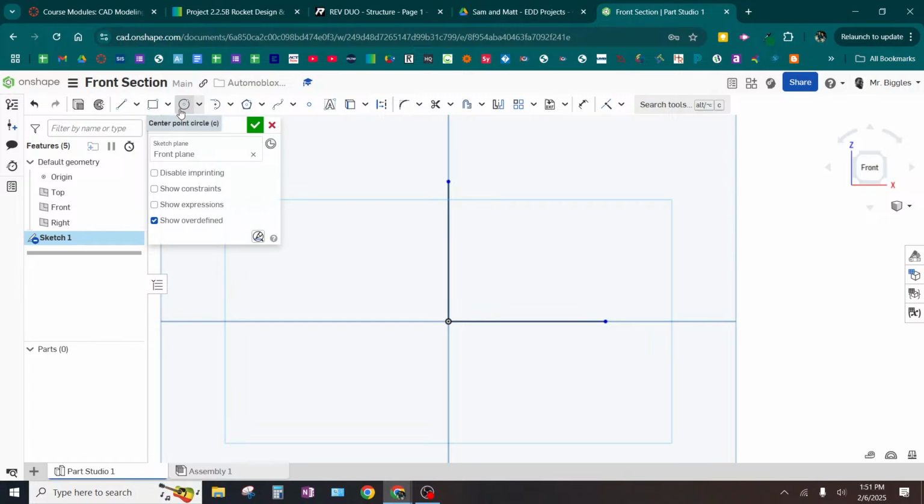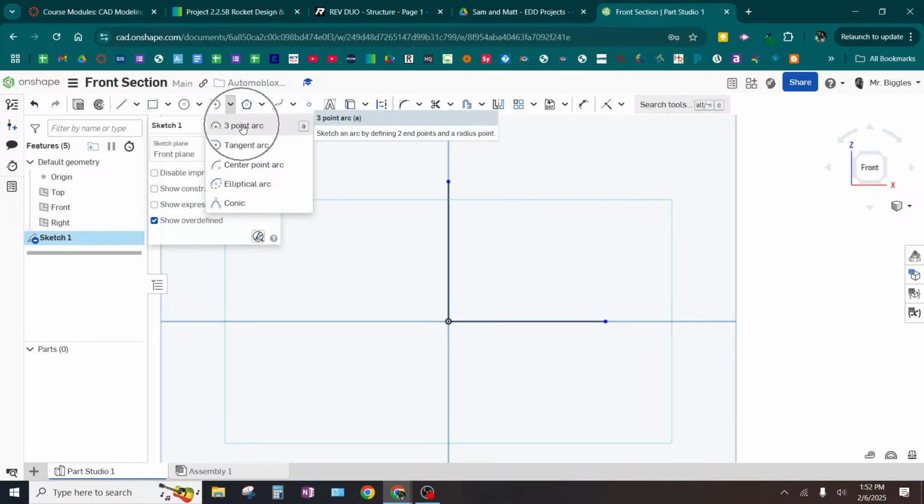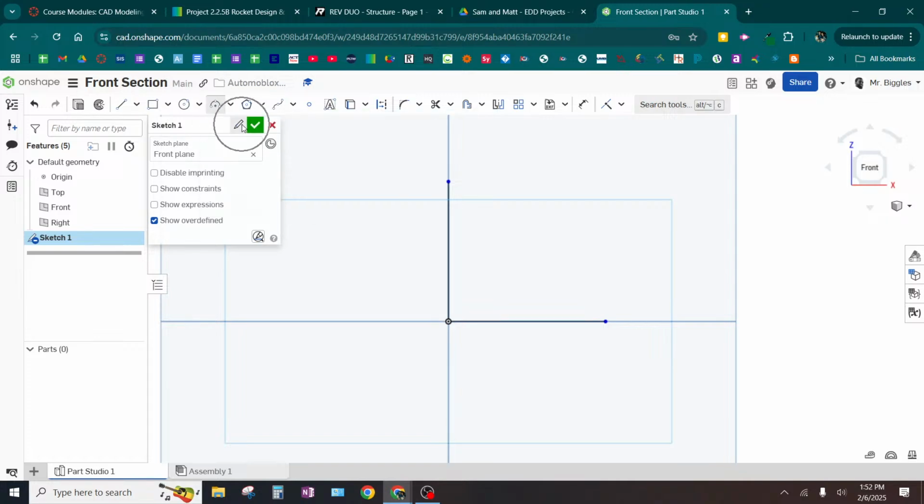Right here, next to the circle, we have arcs. We have center point arcs, 3-point arcs, tangent arcs, all these types of arcs. I'm going to do a 3-point arc. Arc is part of a circle. So the 3-point arc, you place the 2 endpoints. That was the first, second click, and the third click sort of controls how much of a circle this actually